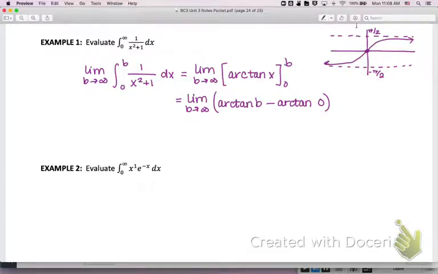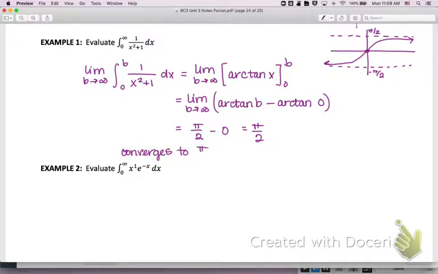So as we approach infinity, and this is honestly one that I would just put on a flashcard because it comes up so often, the limit as b approaches infinity of the arctangent of b is going to be pi halves, okay? That one comes up a lot, so you might as well just memorize it. Minus the arctangent of 0, which is 0, so the answer is pi halves. So we can say that the integral converges